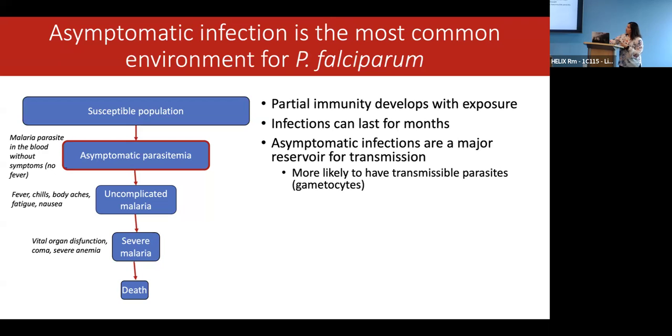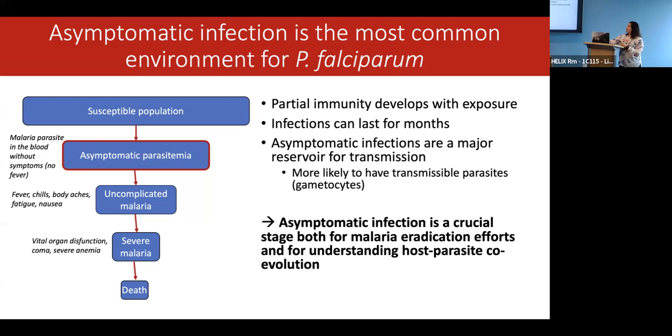And asymptomatic infections are therefore a major reservoir for transmission. They're also more likely to have transmissible parasites, and so they're really a problem for eliminating malaria. So this asymptomatic infection is crucial both for malaria eradication and for understanding this host-parasite coevolution, because we really need to look at where the parasite is spending most of its time to understand what the selective pressures are